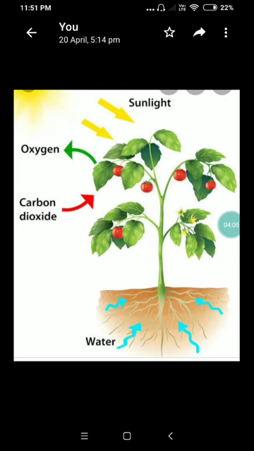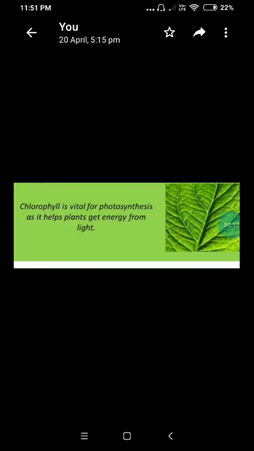Now children, you might be thinking, what is chlorophyll? Chlorophyll is a green colored pigment and is responsible for the green color of the leaf. Pigment means a substance that gives color to things. Children, the color of your skin depends on the amount of pigment in it, that is melanin. Plants are also called producers because plants make their own food.